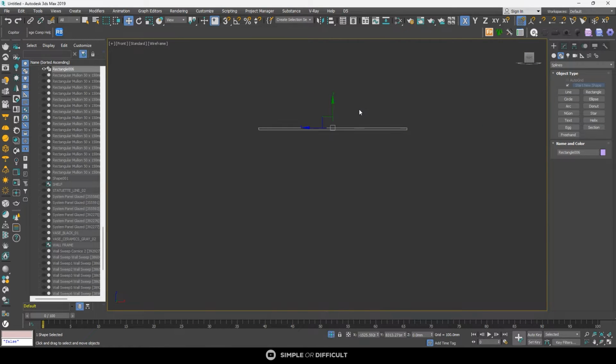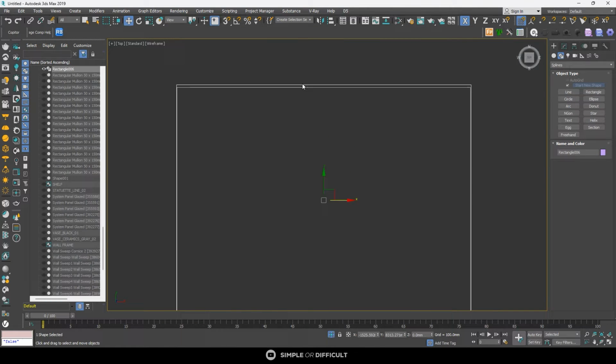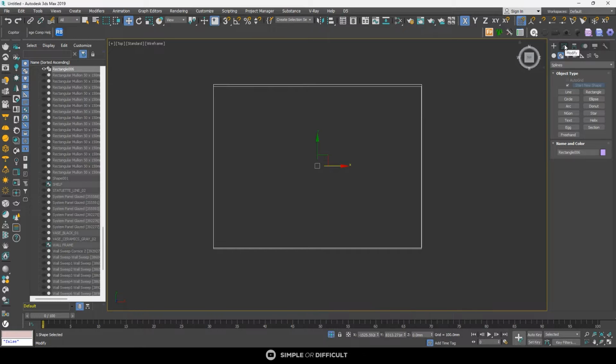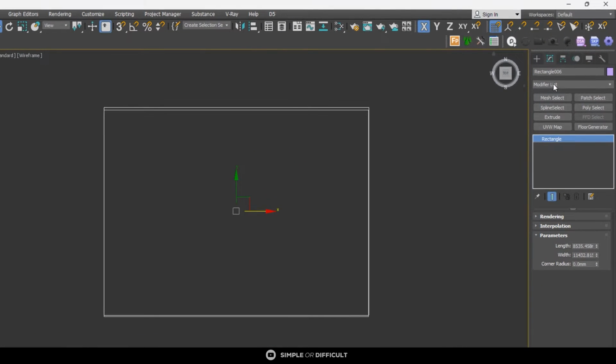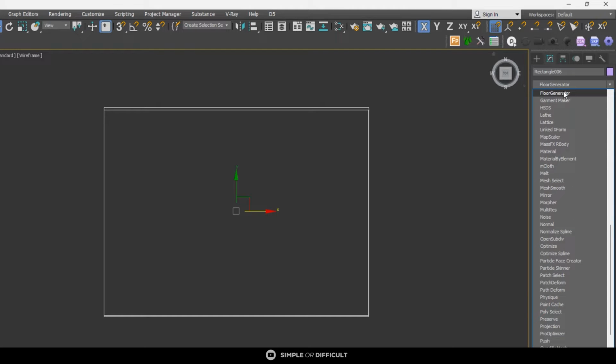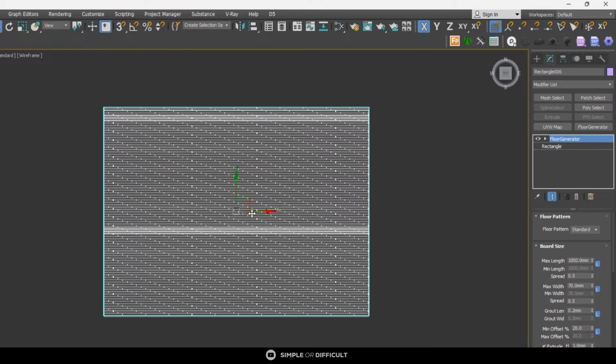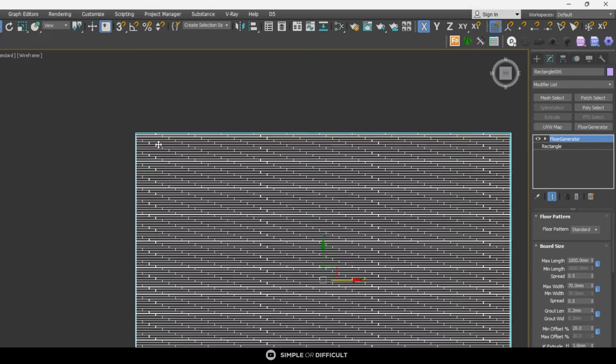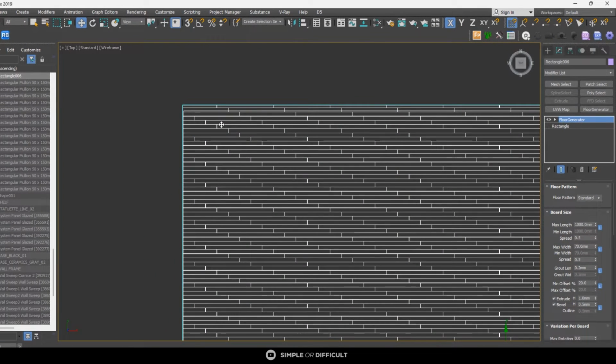All right, let's go ahead and create our floor generator. I'm going to select the shape that we just created, come over here to the modify tab, drop the list down, and type floor generator. Because I've used it before, it remembers the settings I used before, so I'm just going to walk you through it. In the max length,